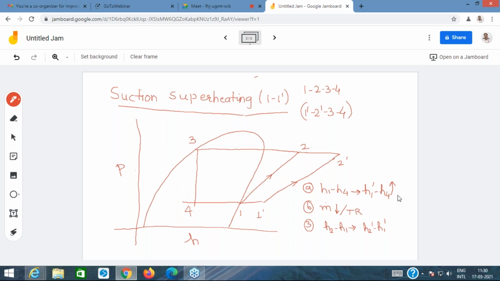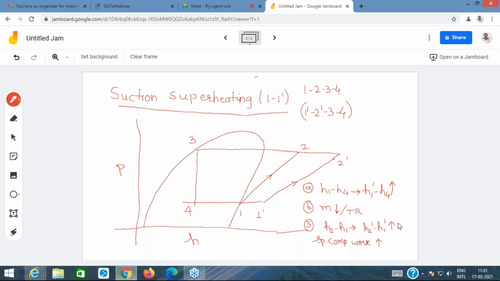This is how the isentropic lines move if you move away from the saturation curve. The line 1 to 2 is steeper, whereas the line 1 dash, 2 dash is flatter. So if the line 1 dash, 2 dash is flatter, looking at the pressure enthalpy diagram, you will understand that H2 dash minus H1 dash would be greater than H2 minus H1. So in other words, the specific compressor work would increase, because of what?